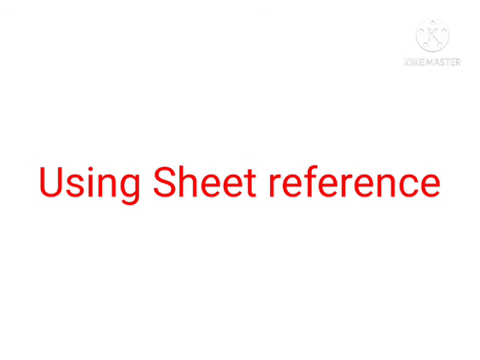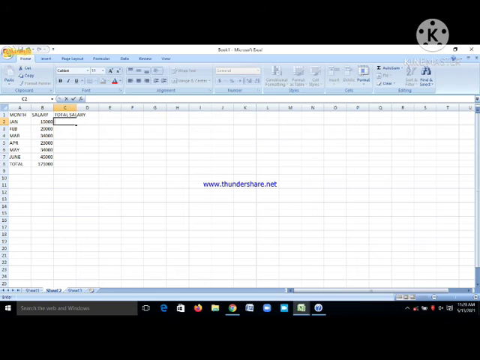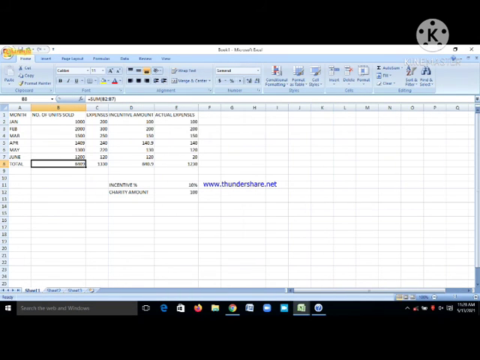There is another way to use the cell reference from another worksheet, that is using sheet reference. This sheet reference uses sheet number, exclamation mark, and cell address. Now take an example. In the sheet 2, I have to type the formula in C2.